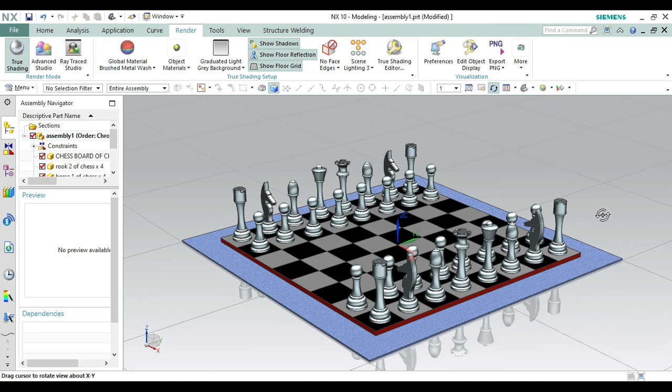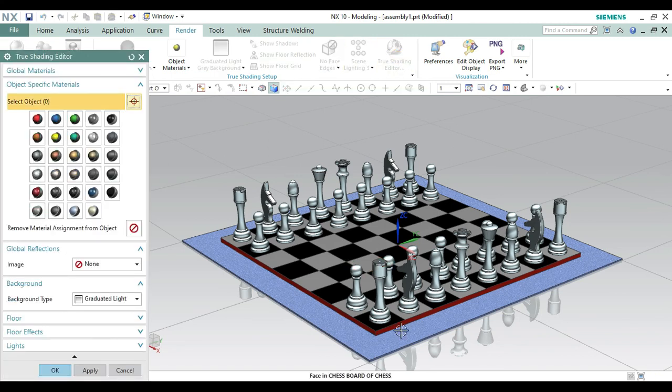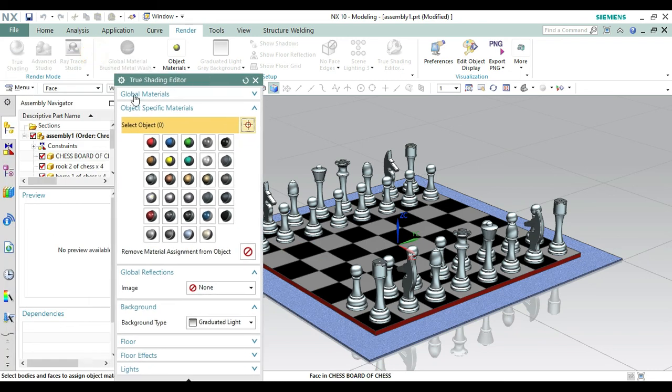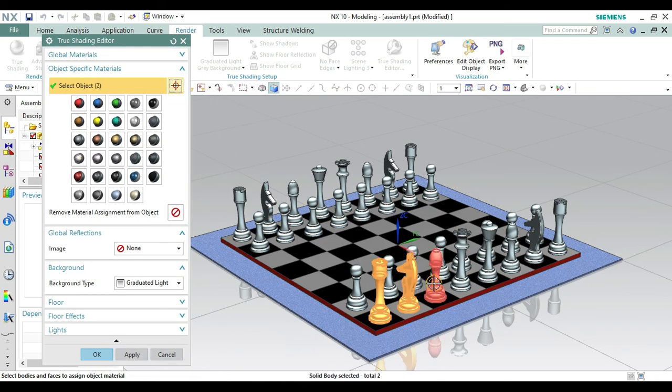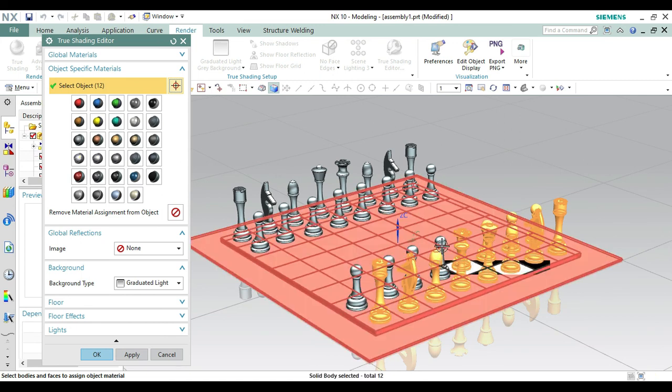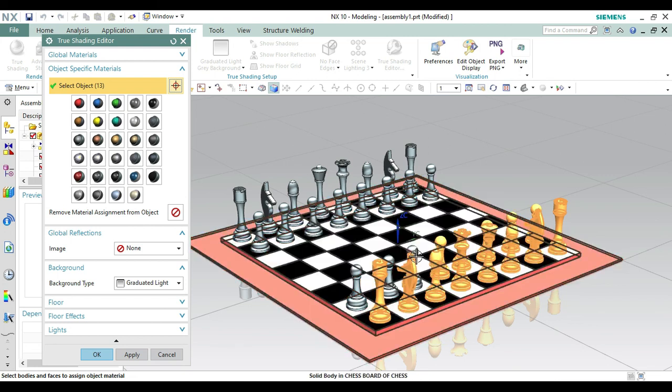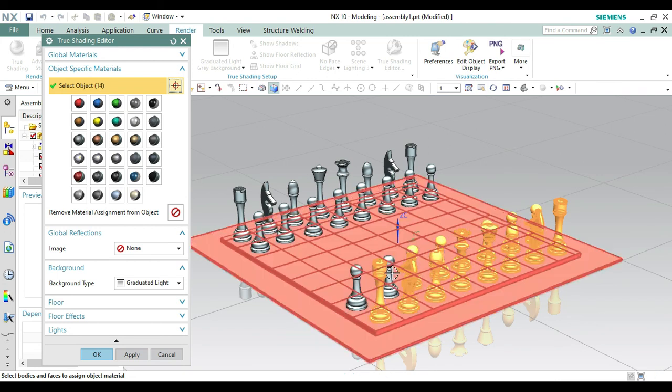In the next video we will also go with some rendering effects, that is the advanced studio. In the next video I will tell you how to do this advanced rendering. First change the color from here, first make it face to solid body. So let's change the color of one side so it will look like a real chess set, and then you choose a wood material for each and every piece, and for the base we would select a different material, plastic or something else, in this advanced rendering studio. For this video we are only going with the color change of rendering, that is the true shading.